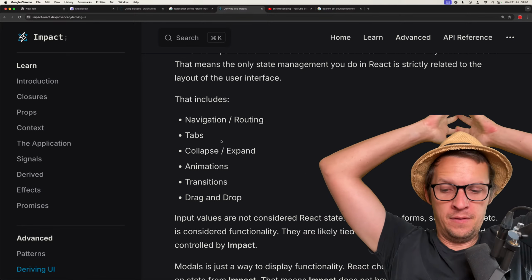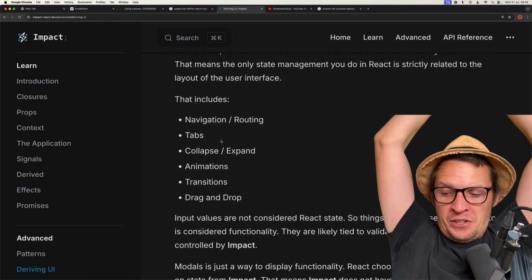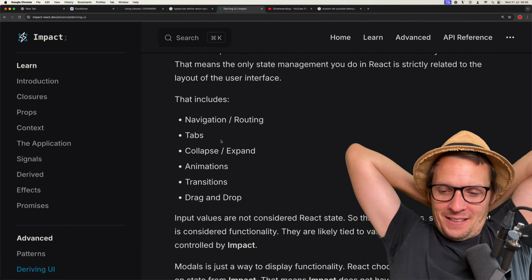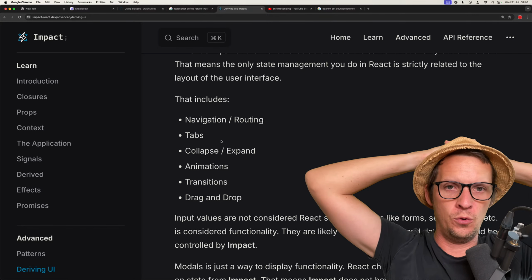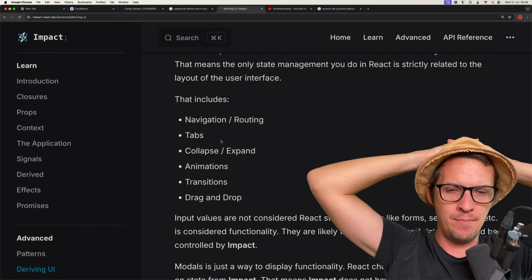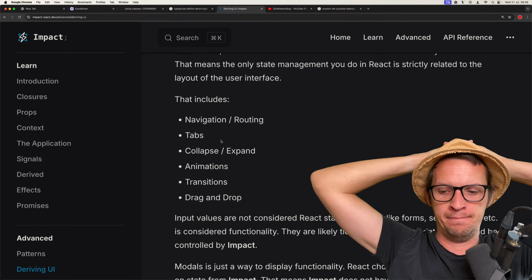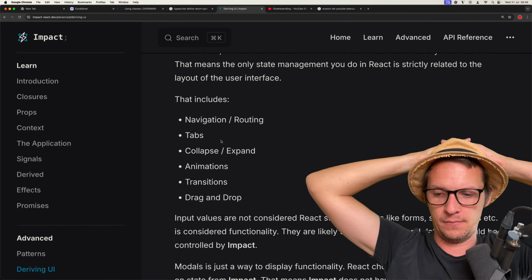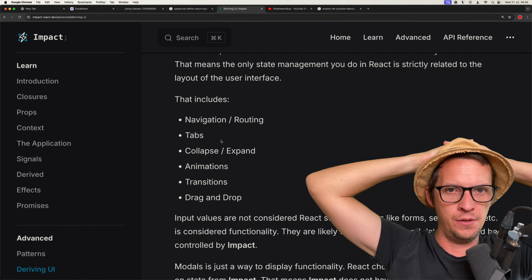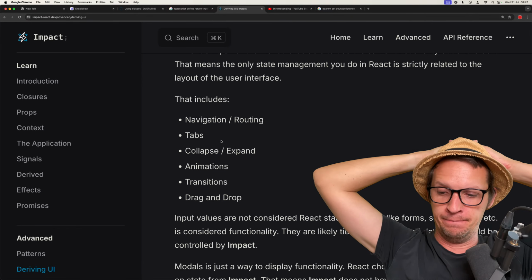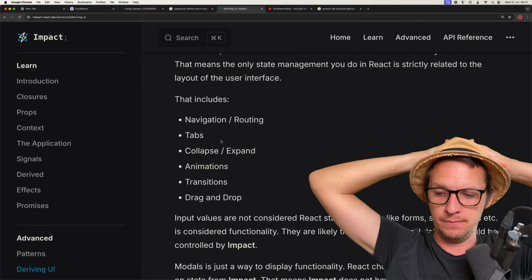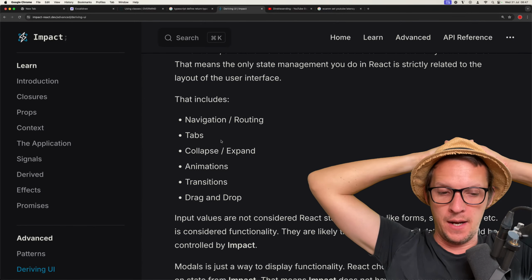But then you have this challenge of persisting that. So for example, let's say you're moving between two pages and you want to persist the tab you had selected. So you had like an active feature or something. Yeah, I'm not sure about that.